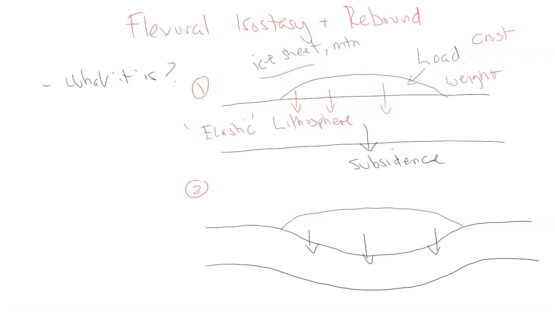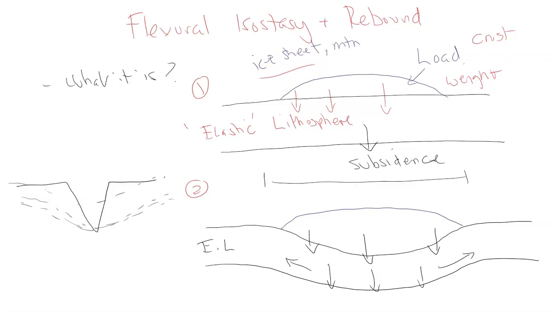depression created, this large depression, this subsidence within the elastic lithosphere, where there's obviously movement down and movement to the side to spread out. So it wouldn't just be like this. There's more curvature, a more gradual essence to this lithosphere rather than just straight down. This would be like Airy with a local flexural. So this is more regional, where you have the spreading out, where the width could be 100